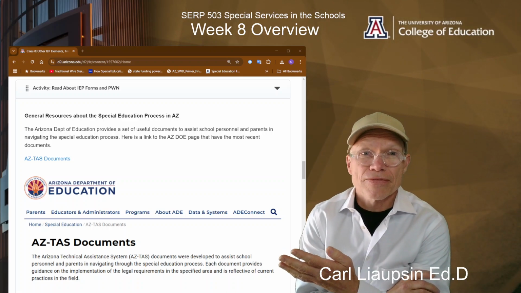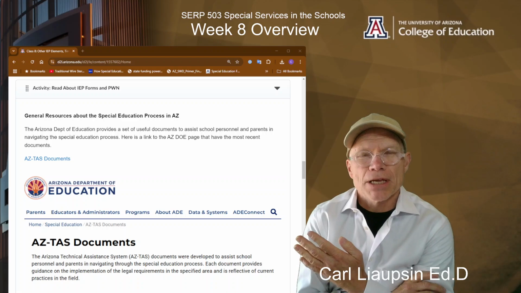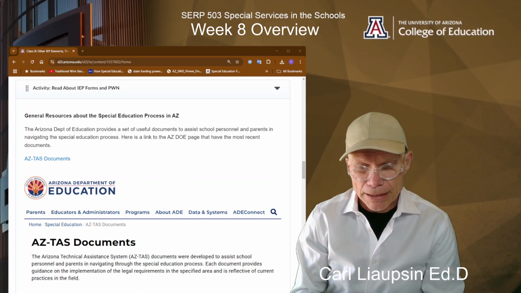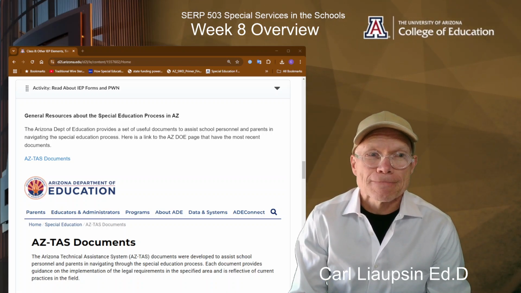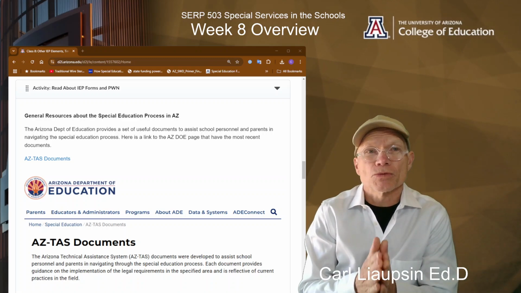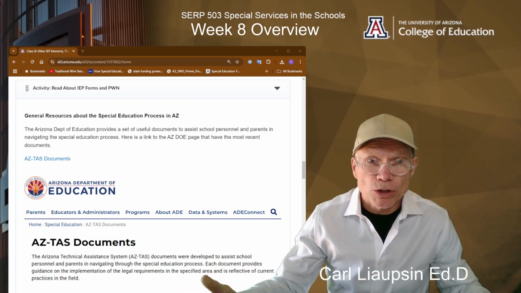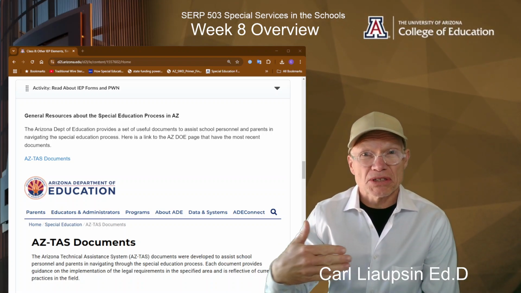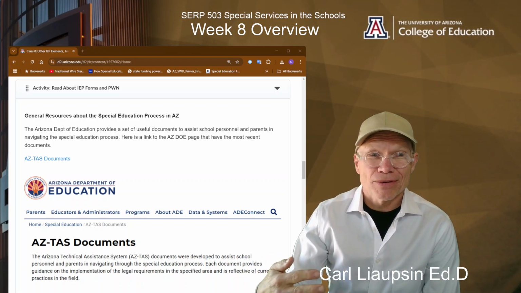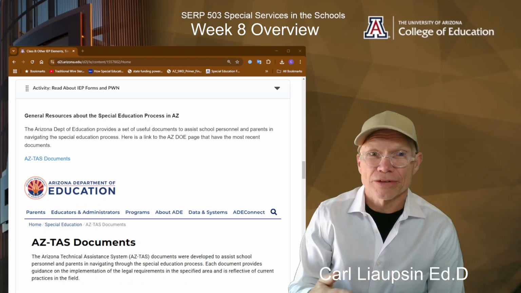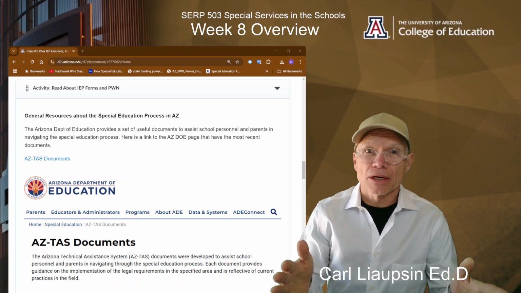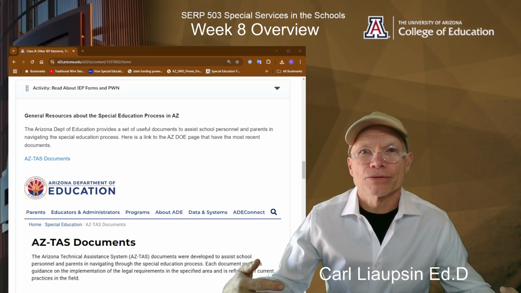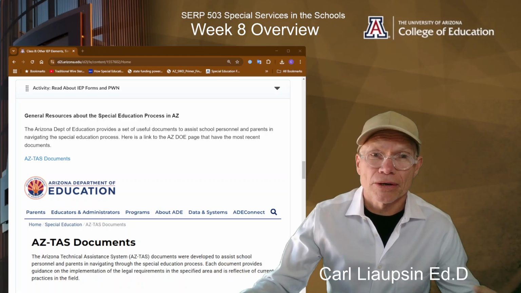So the state of Arizona takes responsibility for ensuring that the IEP process and the whole special education process runs as required. And so they provide technical assistance documents, and they come out and they will do audits of the process and of special education documentation to make sure that districts and charter schools are doing things the way that they ought to.